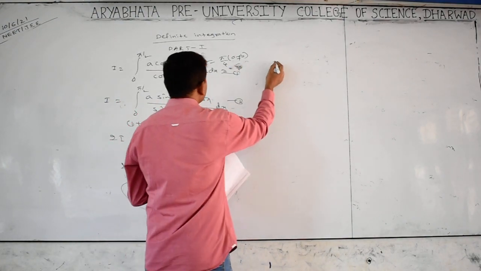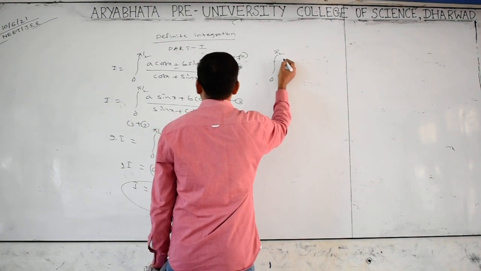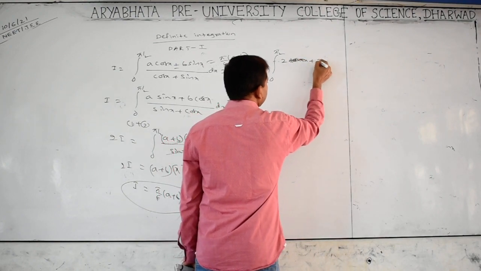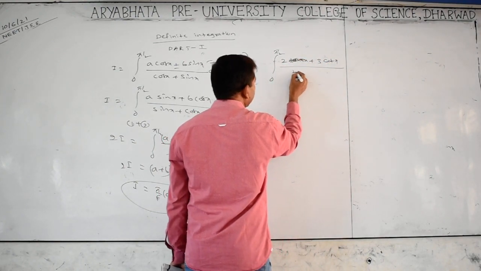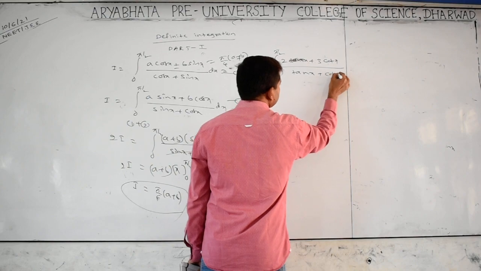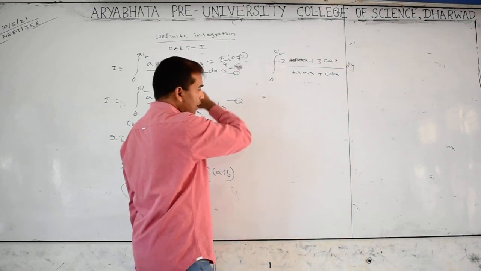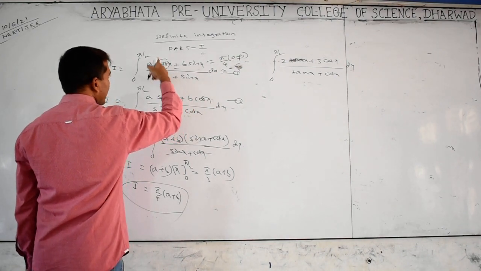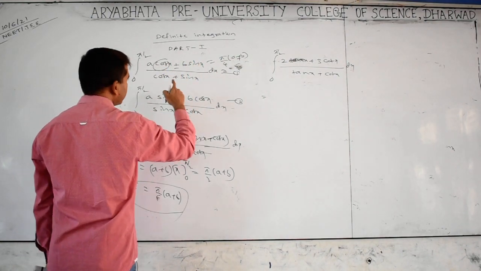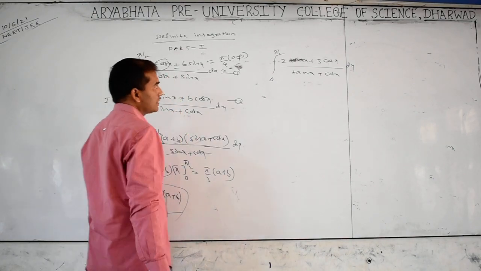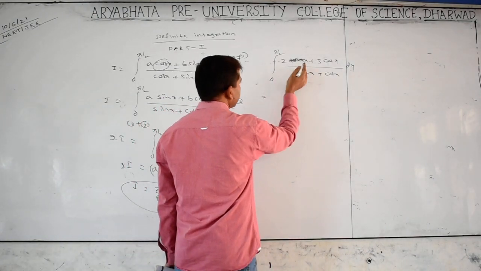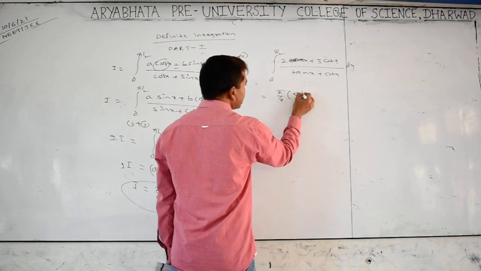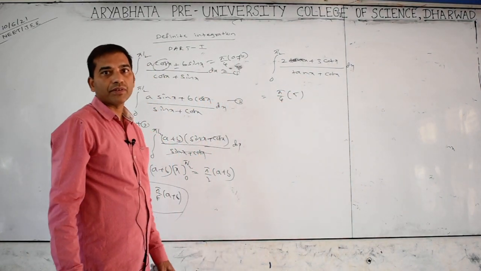Now integration of 0 to pi by 2, 2 tan x plus 3 cot x by tan x plus cot x dx. Does it contain this formula? Yes. In place of cos, tan was there, tan is there, tan cofunction cot, tan cot, like this, sec cosec, like this. In all cases, the same formula. Tell me, pi by 4 times a plus b, 2 plus 3 is 5, so 5 by 4.